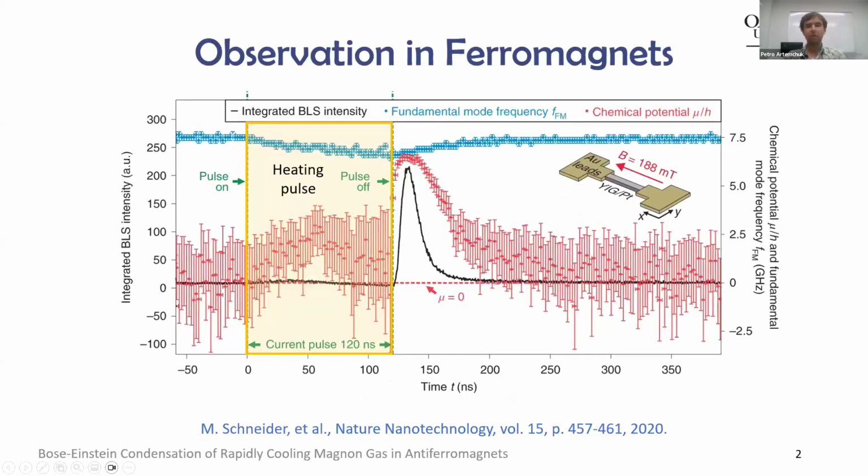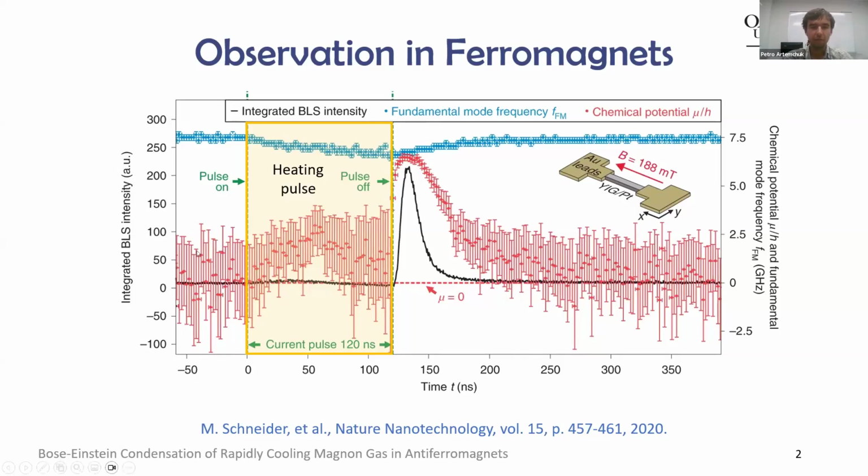Bose-Einstein condensation of magnons is basically the phenomenon when magnons accumulate at the bottom of the magnon spectrum, and then they basically all go to the same magnon state. This means Bose-Einstein condensation, because this is a coherent magnon state. This phenomenon has been observed in ferromagnets. Here you can see a figure that shows experimental results,